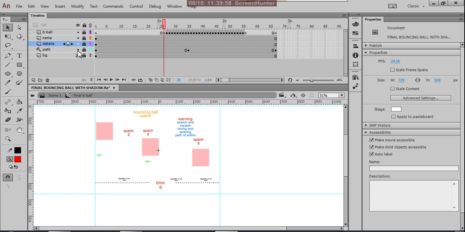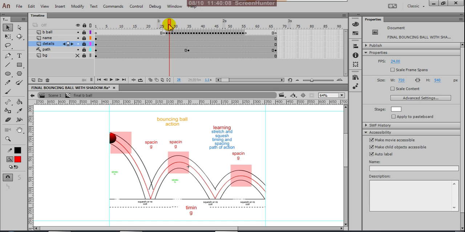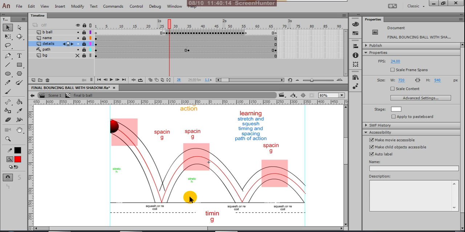This is the path of action, and this is my text. Let us check here. See, the ball here is coming from outside. Suppose if you extend this path, it is coming from outside, and somewhere it goes outside. So here in this frame, the ball is in the opposite direction.